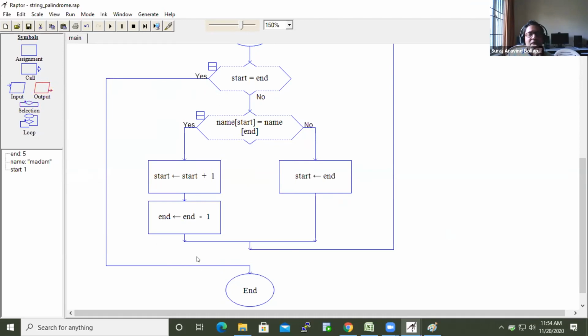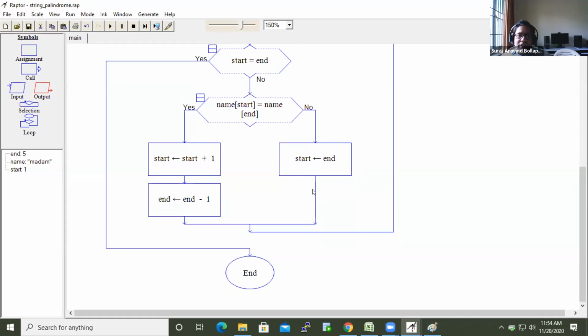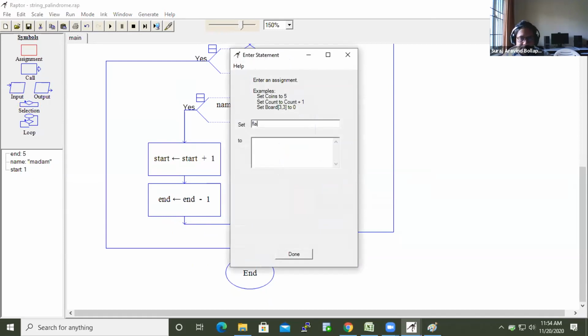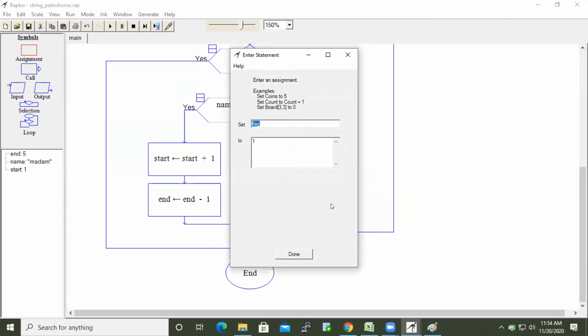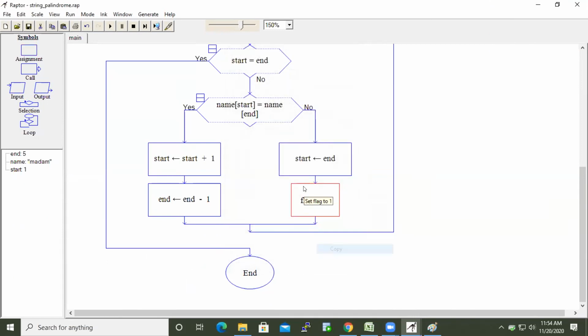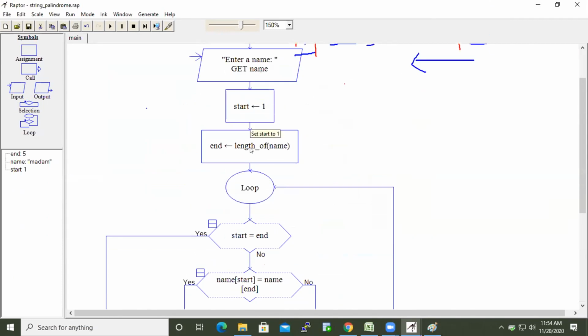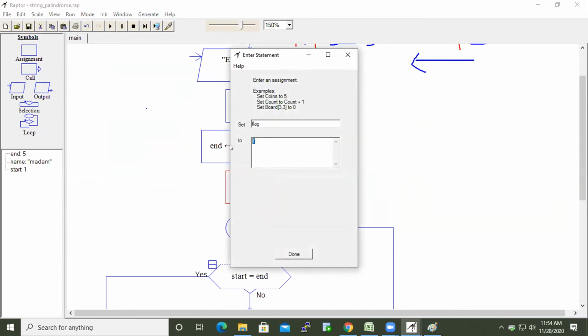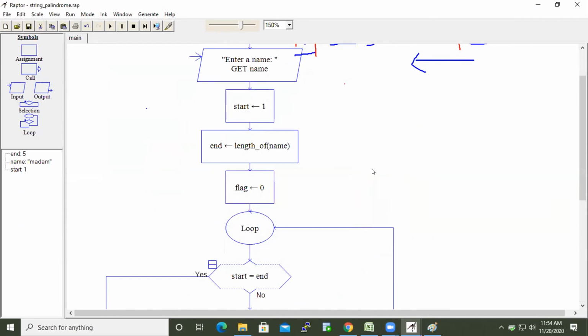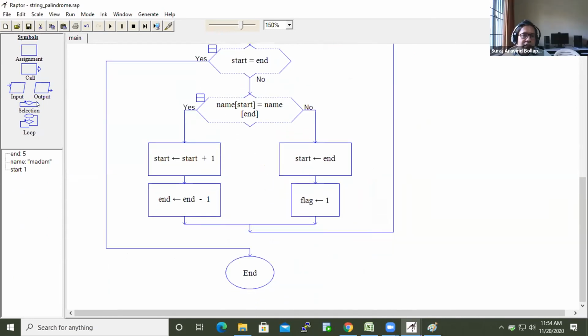Let us write output here. Again, I have to put flag. Here, when I come out, I will check again.